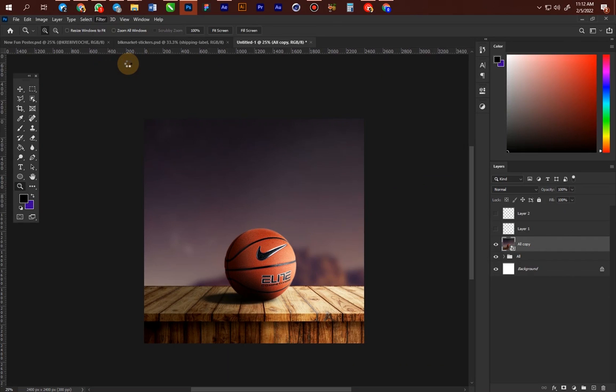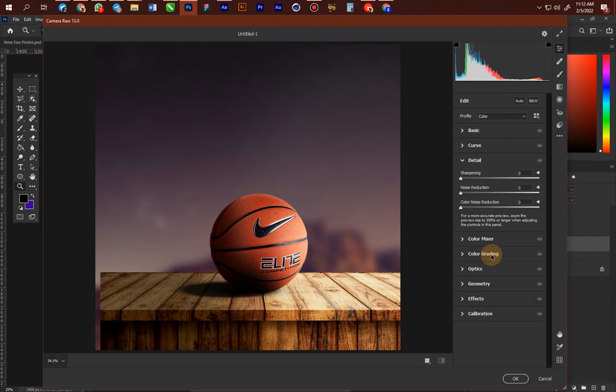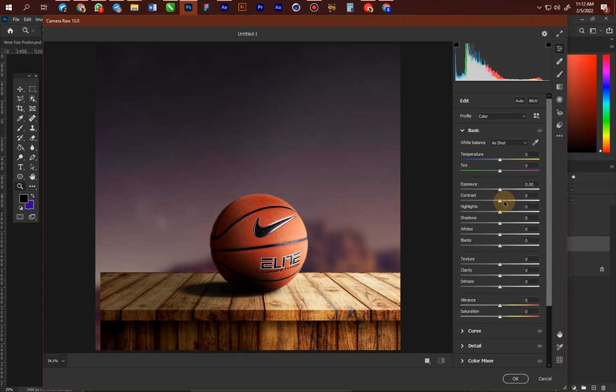Camera Raw is a professional editing aspect of Photoshop that can help you set things right. So go to basic, go to exposure, go to contrast, just play around with it. So I'm going to go to whites, reduce the white a bit, I think it's too much. Go to highlights, make it lighter a bit. Texture, add some texture to look more real,